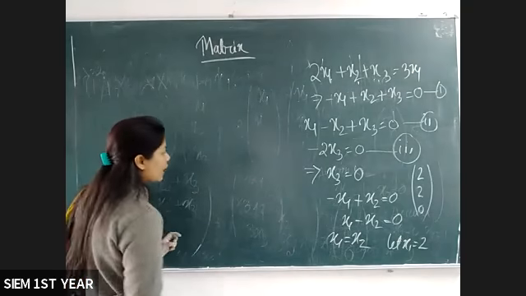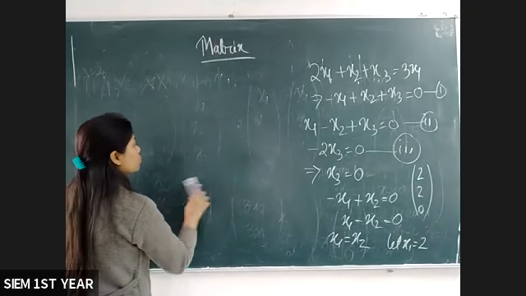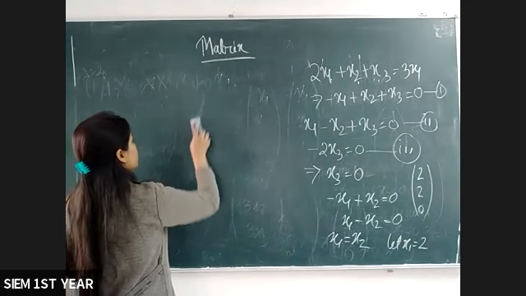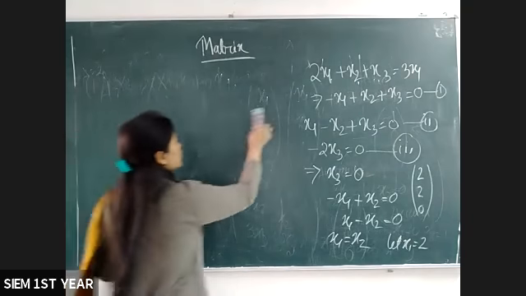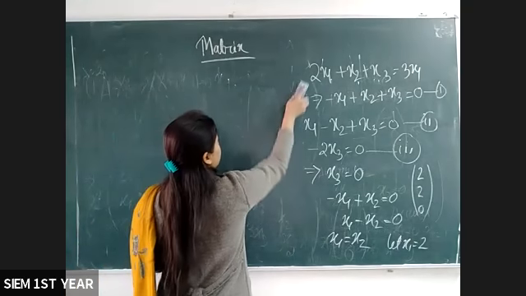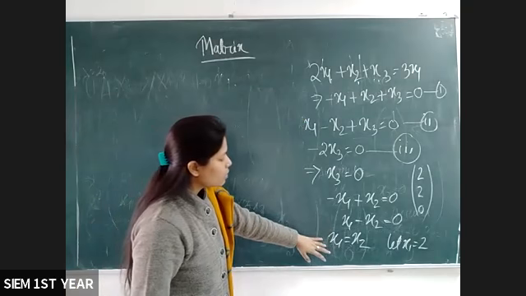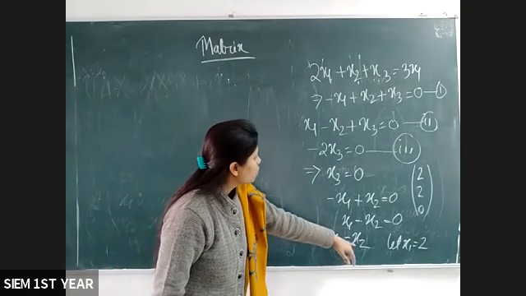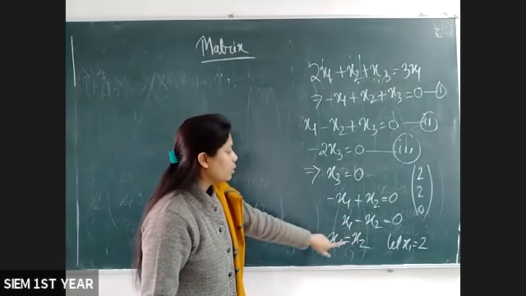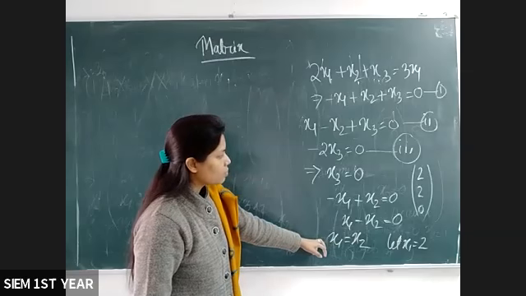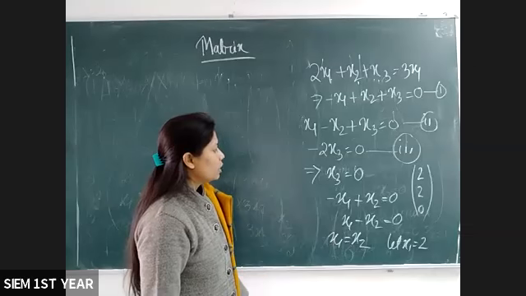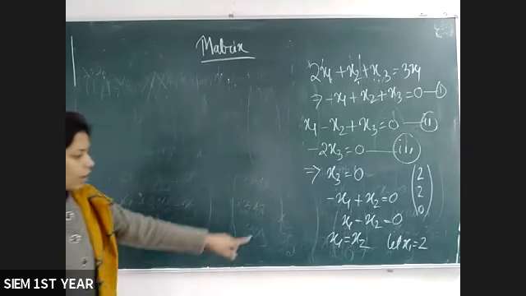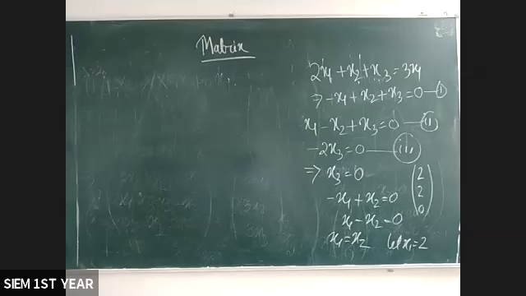But don't make the complete vector totally zero, because as in the definition I already told you, X is a non-null vector. Here if you put x1 is equal to 0, then the vector will be 0, 0, 0. Then you can't put x1 is equal to 0, because X is a non-null vector. You have to put a non-zero value. You can take any value 1, 2, 3, 4, or minus if you want, minus 1, minus 2. You can put any value in this relation.